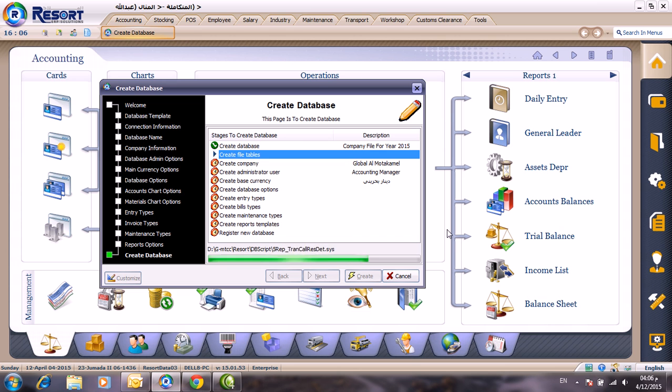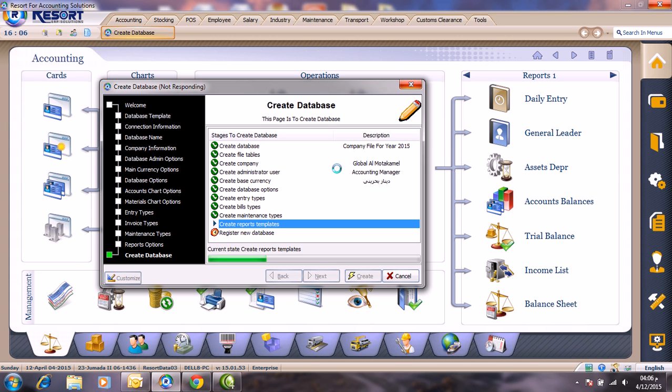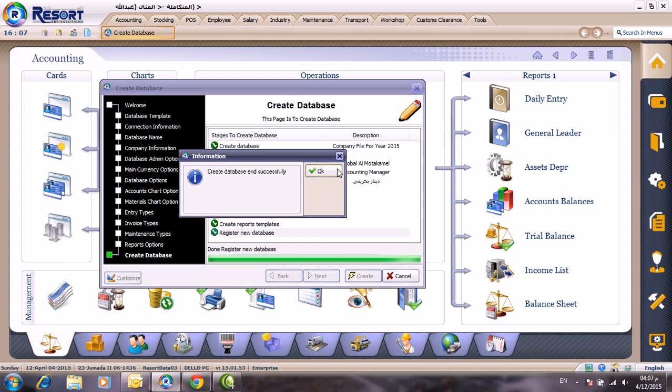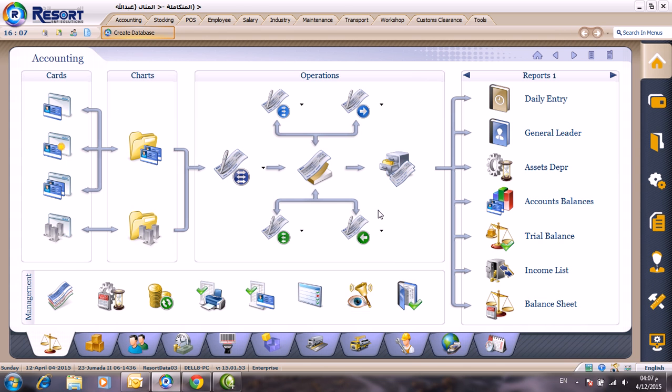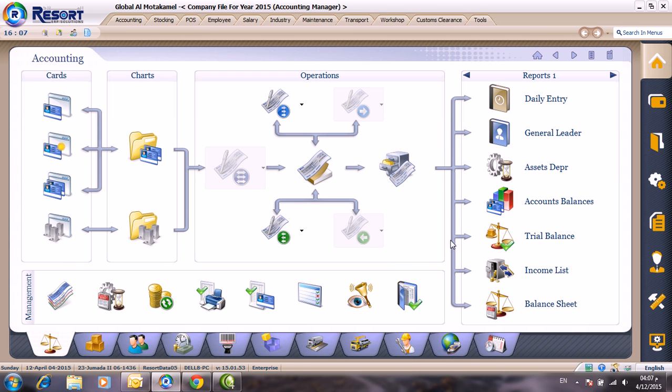A special feature of the ERP system Resort is that once this is finished, you can start working on your accounting and whatever section you have asked for. You go live just minutes after creating your database. It has been successfully created. And we are ready. You can create whatever you need,